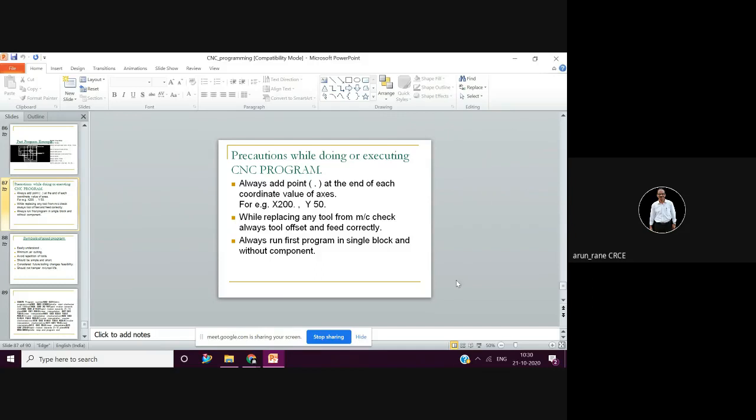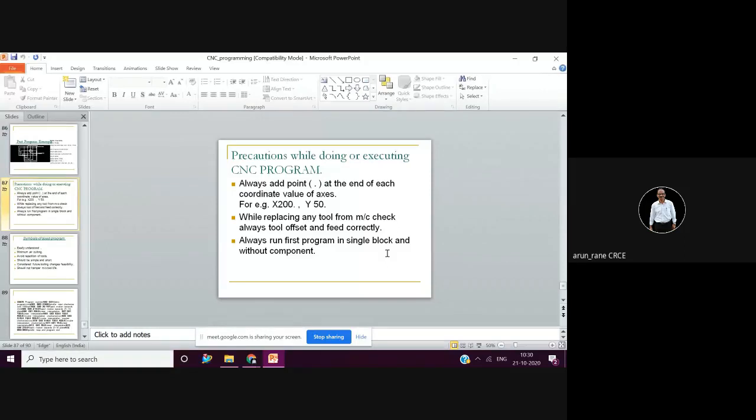Whenever you are running the first component for the first time, you have to run it in single block, and also run slowly. Slowly means feed rate. You should be very careful. Once you have run your entire program in single block, and if everything is proper and there is no crash, then for the second job you can run the program in auto mode.